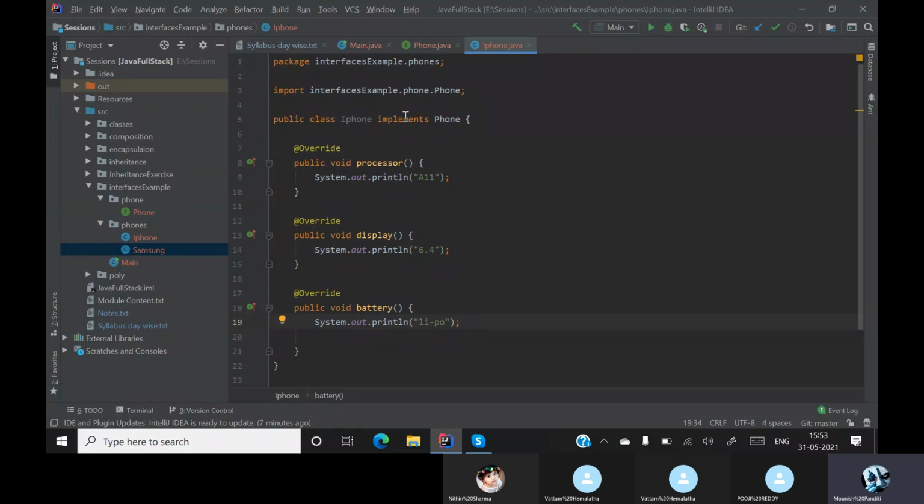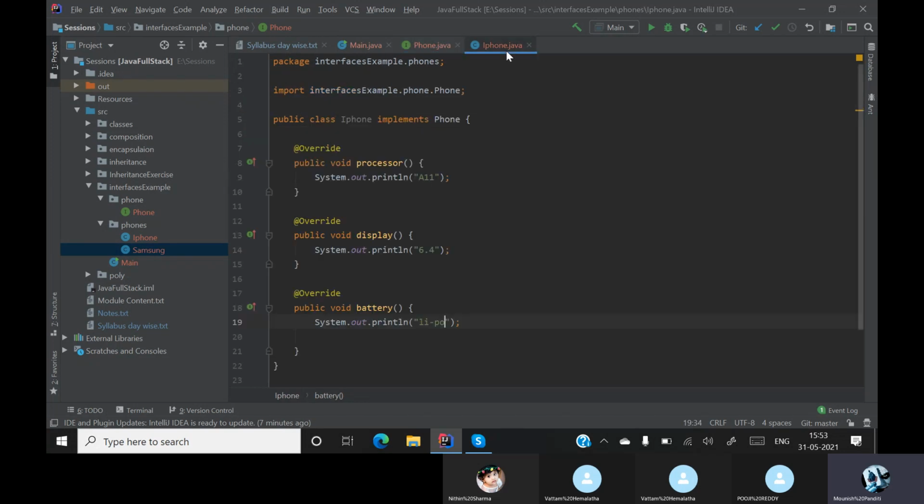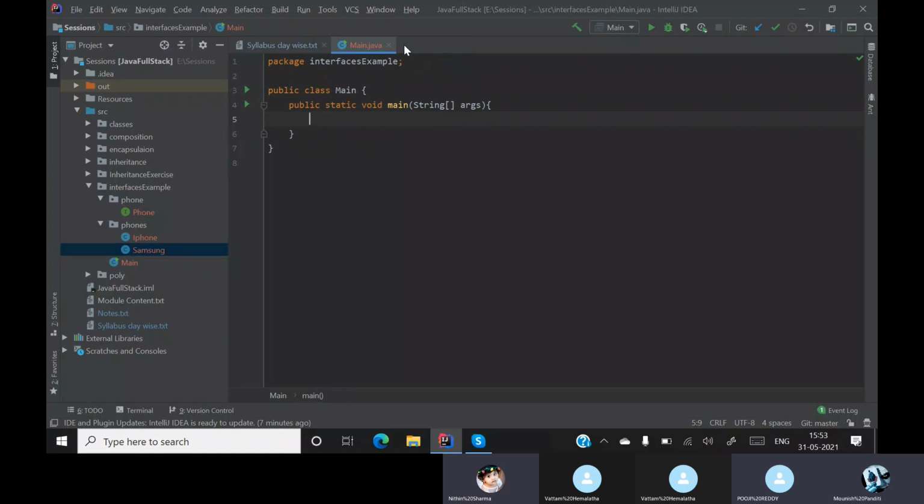The concept of abstraction is also the same. Abstraction means it will hide the implementation and show only the necessary information. Here the implementation is hidden, because when you look over here, you can see only the necessary data. The relevant data is that it is a processor. What kind of processor, we don't know. Those details will be implemented somewhere else. That information is hidden, and that is called abstraction. Okay, I think you are clear with the interface topic. Yes, sir.